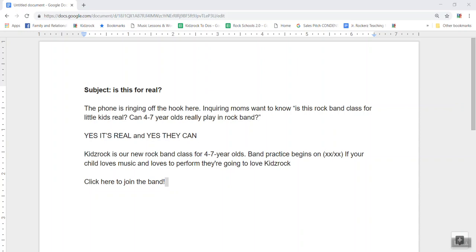It's just super short. Also sitting right there as they scan, sitting there in the email in bold or in all caps is, yes, it's real, and yes, they can. So the eye is going to see that. Whenever I'm writing email copy, I always try to have a few things in the email that are going to pop out. So when the person's scanning the email, they see that. Maybe it's a bolded